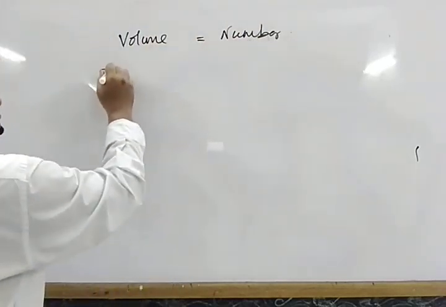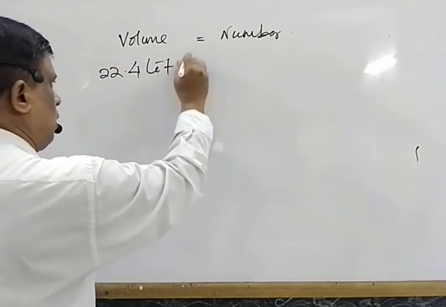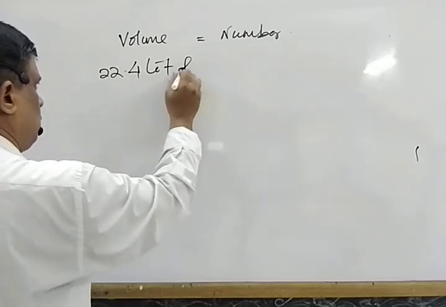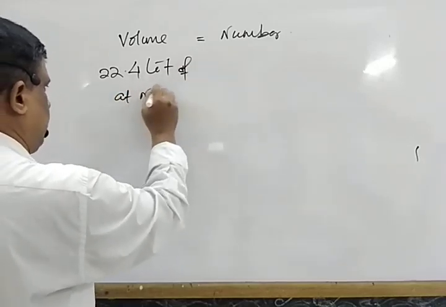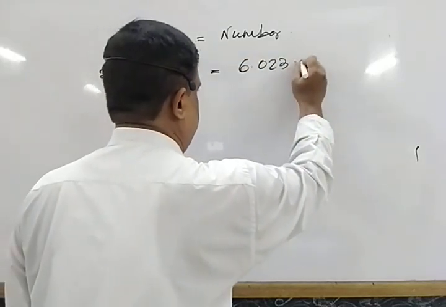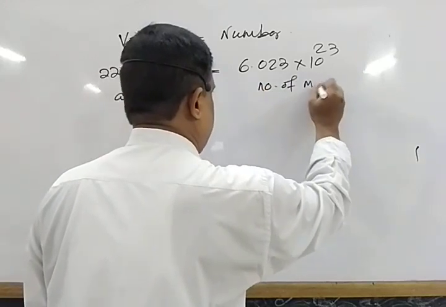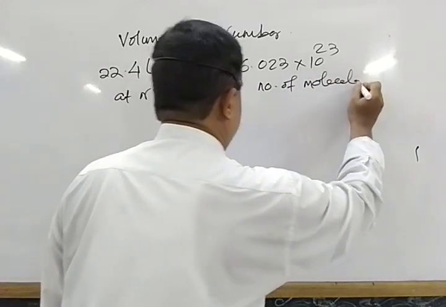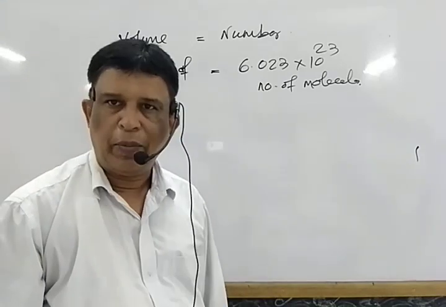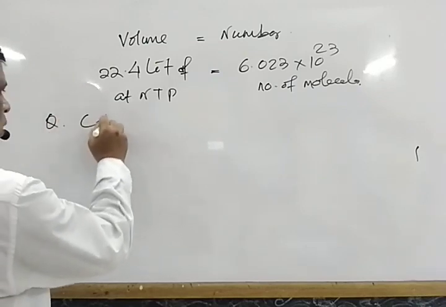That means 22.4 liter volume at NTP is equivalent to a number that contains 6.023 into 10 to the power 23 number of molecules. Mark the relationship. Just rotate this one. Then frame a question. What is the question? Mark the question. Calculate